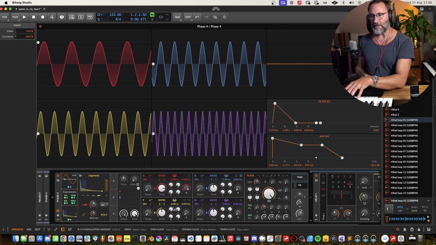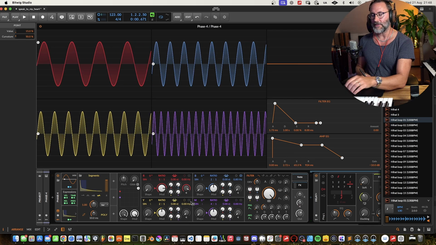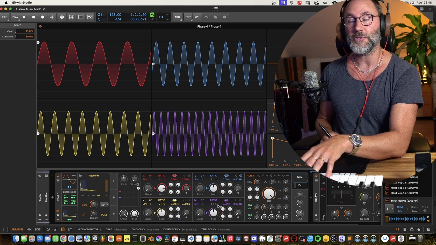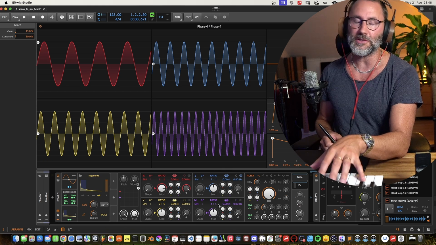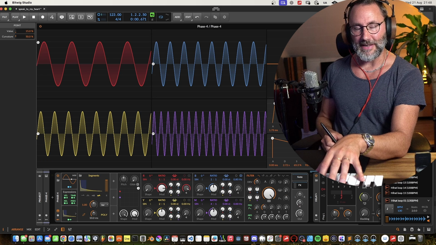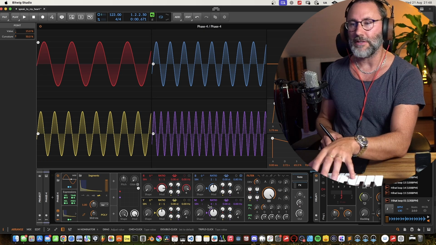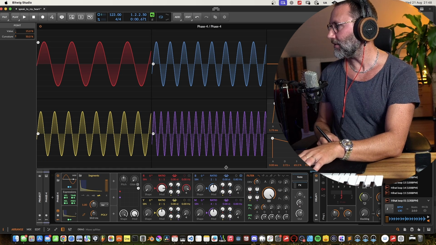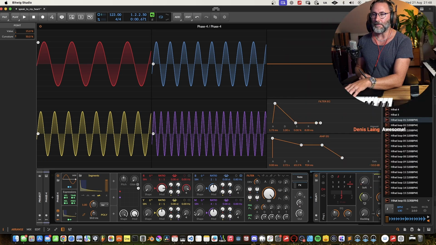We want to create more of a crisp high end to this sound. And we have two oscillators, two sound generators here that we haven't used in the sound yet. So we have plenty of possibilities here to add another sound generator and mold that into a noise kind of sound.